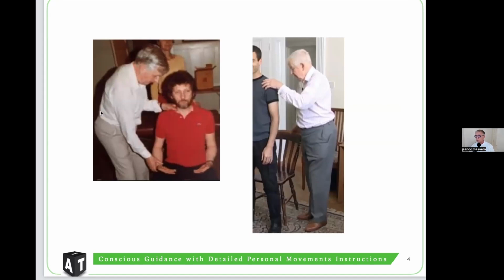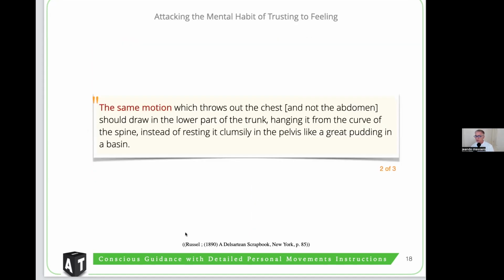We want to learn to organize the movement of the chest and pelvis so that the pelvis is starting to be moved back and the lower sacrum forward, so that suddenly you're going to hang from the spine. And so this is this instruction,